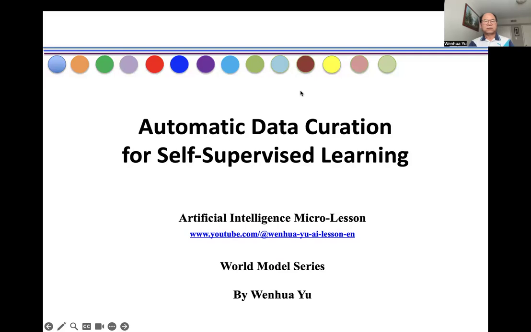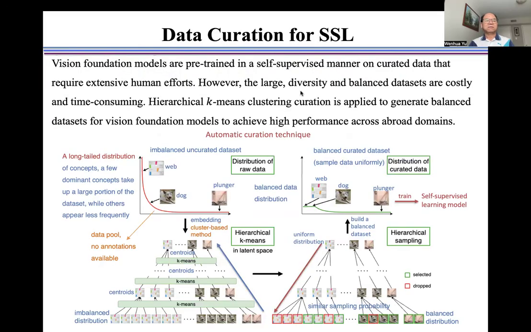In this video, I introduce automatic data curation for self-supervised learning. Vision foundation models are pre-trained in a self-supervised manner on curated data that requires extensive human effort. However, large, diverse and balanced datasets are costly and time-consuming. Hierarchical k-means clustering curation is applied to generate balanced datasets for vision foundation models to achieve high performance across broad